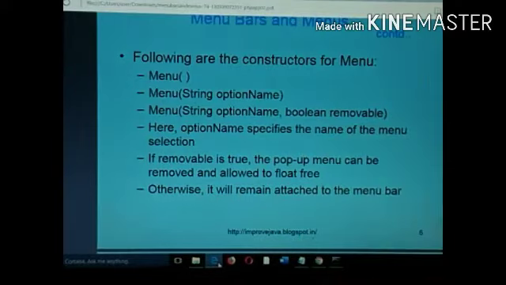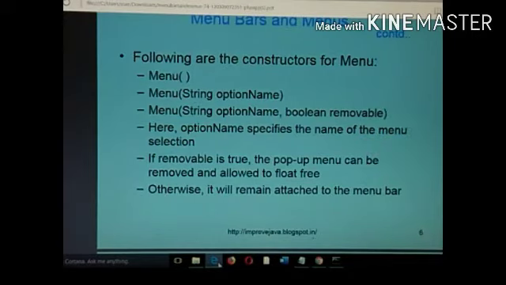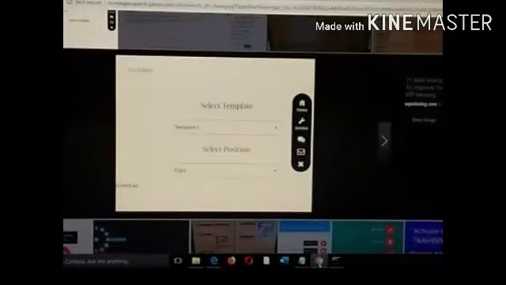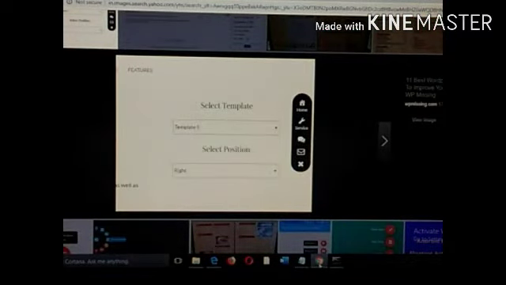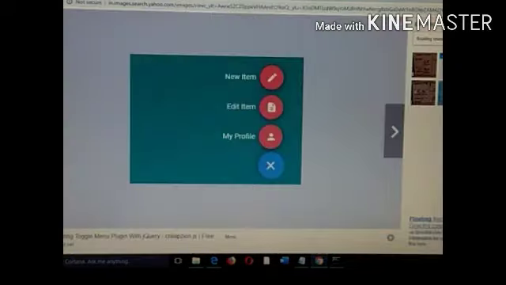Here the option name means the name which you want to give for the menu. And if the removable is true, the pop-up menu can be removed and allowed to float free. You would have seen floating menus. For example, this is a floating menu, and this is another type of floating menu available. So if you give this boolean removable true, then the pop-up menu can be removed and allowed to float free.